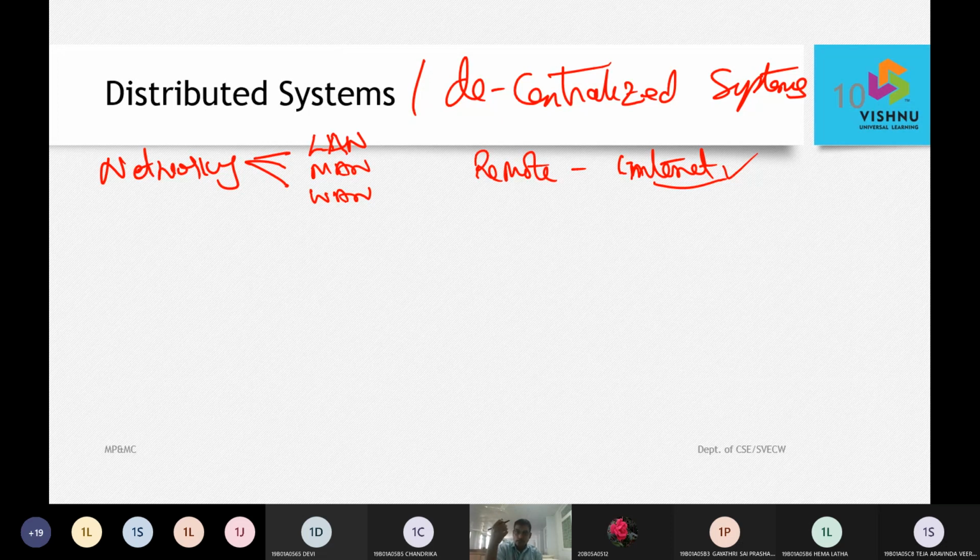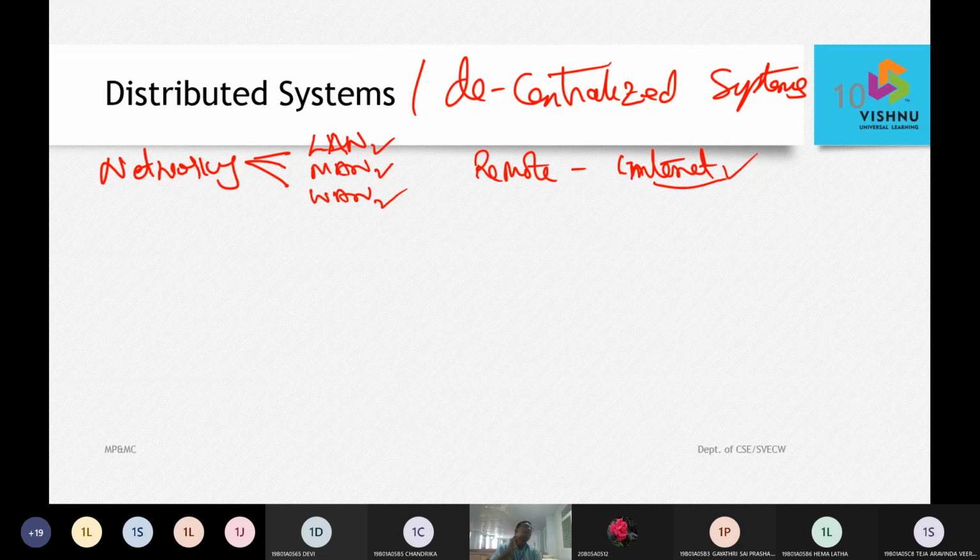So now you know the differences. The first example, we call it ECAP. In the campus only you can go with it. And the second example, we call the Vishnu Learning Management System. Using this Vishnu LMS, you are able to do your assignments and submit your quizzes, even while you are at home. So you are not on campus, you are off campus, but still you are able to access that material. So how is this done? It is done with a LAN, WAN or MAN using the internet.